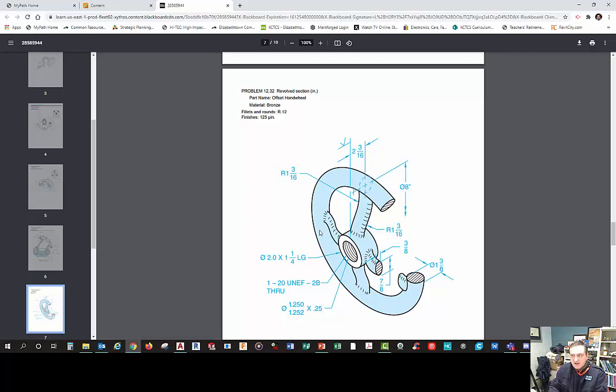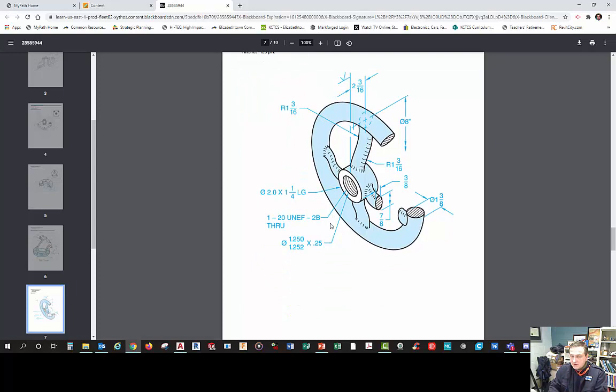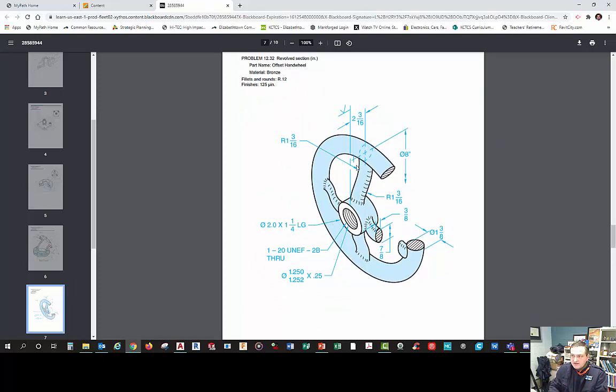So it's kind of a complex design problem. And when you draw this, try to make a center line between the hub and the ring out here, and just do the best you can to get that kind of little S curve there,